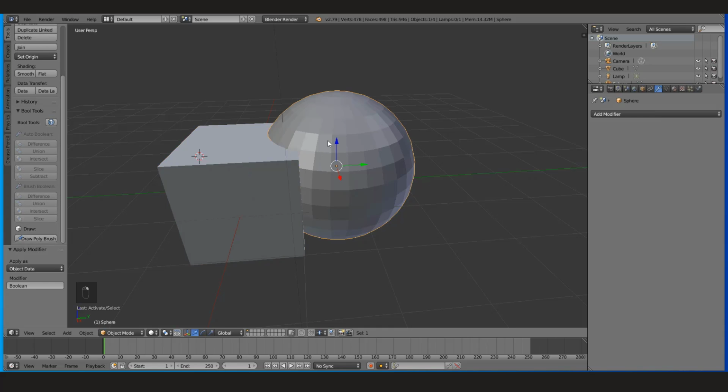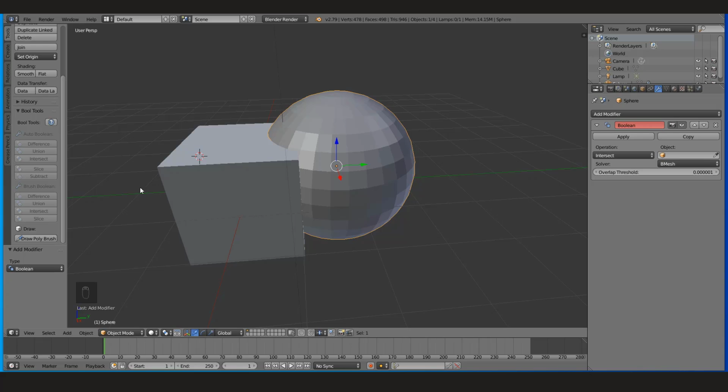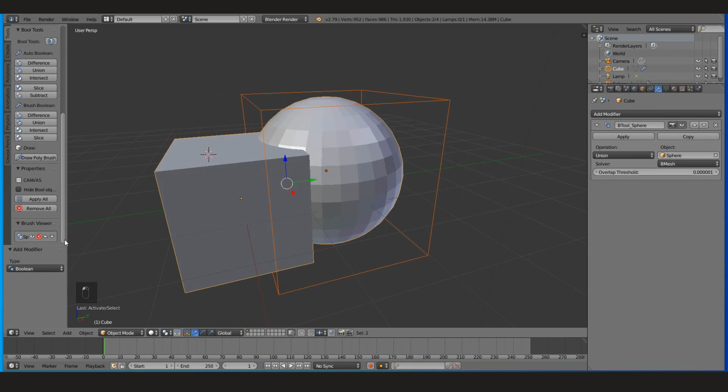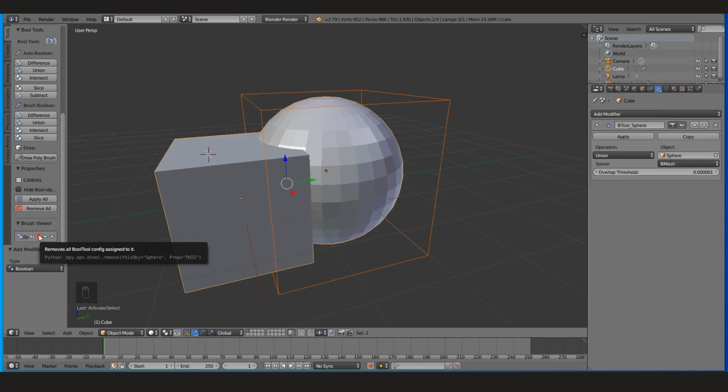The other thing about Bool is that these brushes, this brush booling, they act like a modifier before you choose apply. Before you choose apply, when you use brush booling, you have the same thing. When you choose this, you have union. It's waiting. This is just like a preview. It's waiting for you to say yes. You have these properties here: hide bool, apply or remove or view bool or brush viewer,